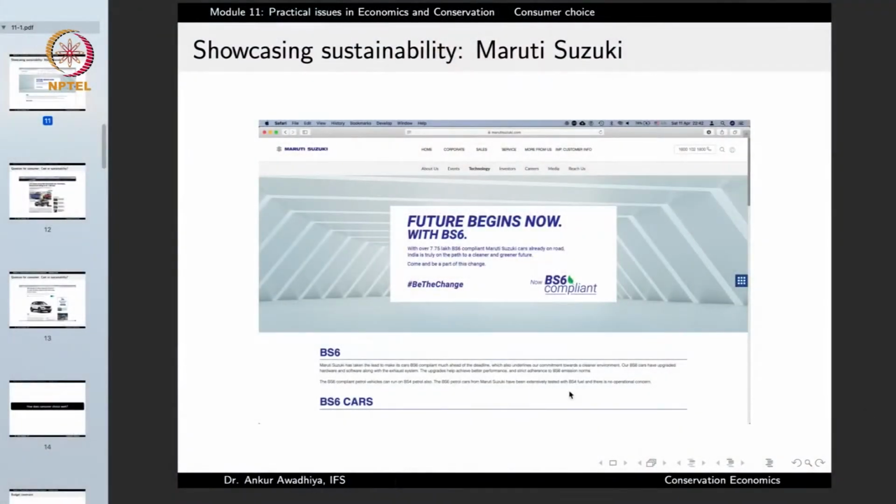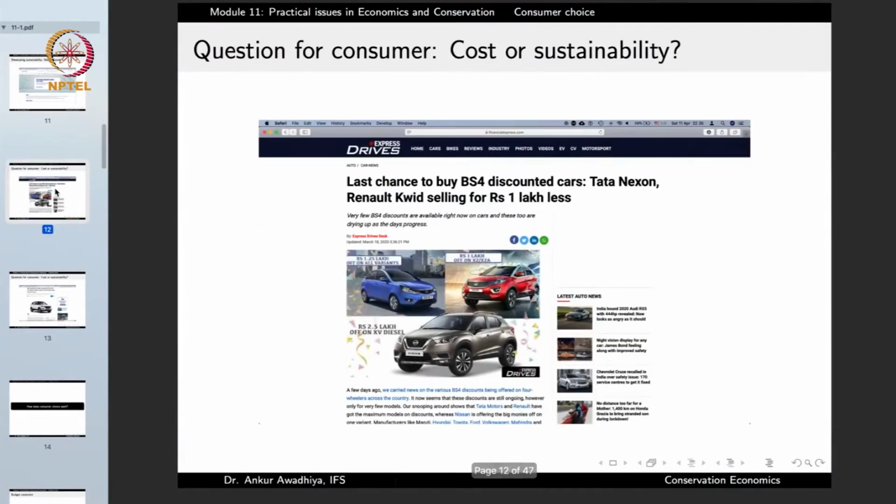Now, similarly, when we talk about things such as BS6 compliance, we also have these news. Last chance to buy BS4 discounted cars. Tata Nexon, Renault Kwid selling for 1 lakh less. Now, this is